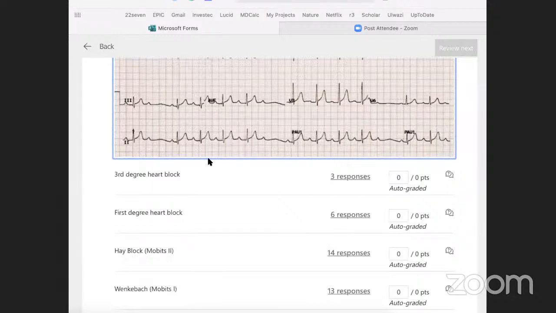And so it would be safe to send this patient home and have a sort of non-urgent or elective cardiac OPD. If this was a Mobitz 2, and I think a lot of the audience would be arguing that this is a fixed distance between the QRS complexes, that's a higher degree block, and it's likely that the patient could develop symptomatic bradycardia, and so they would need more urgent cardiac referral for pacemaker.